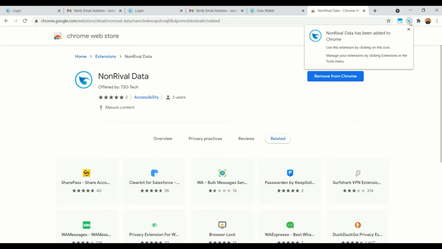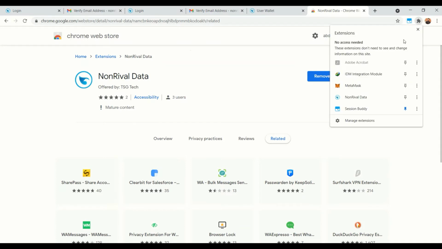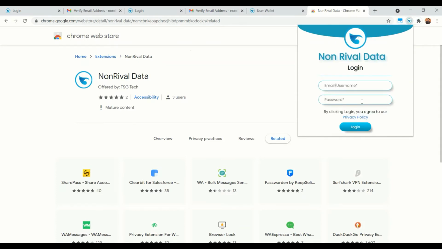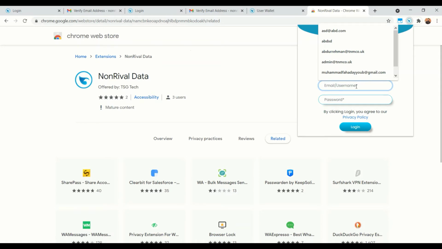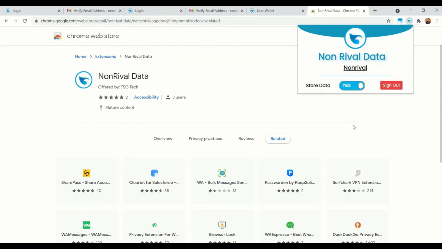Once the extension has been added to Chrome or any other browser, the user just has to use the same credentials that he just used to sign up for the system to now sign in to the extension. Now, it's just a very simple front end for this extension. He just needs to sign in, and he has an option to actually allow the extension to capture the data